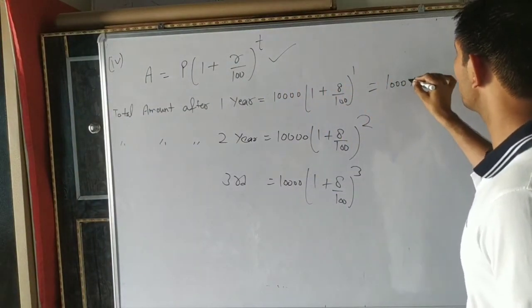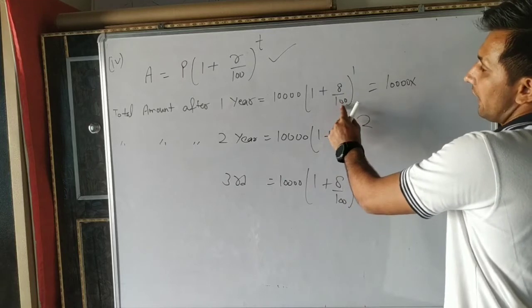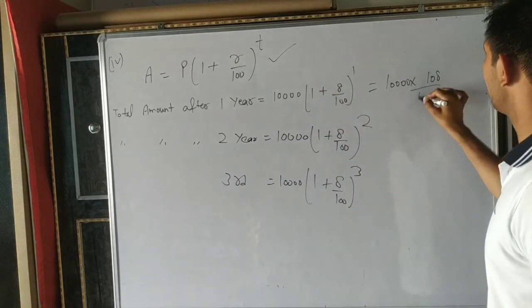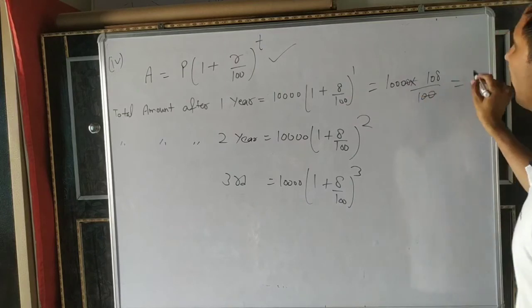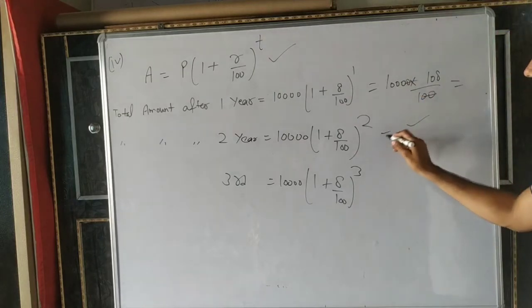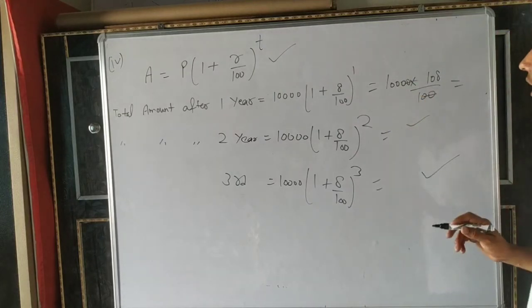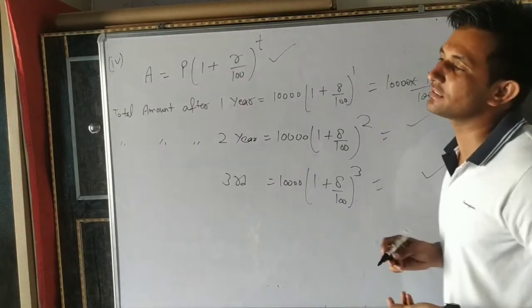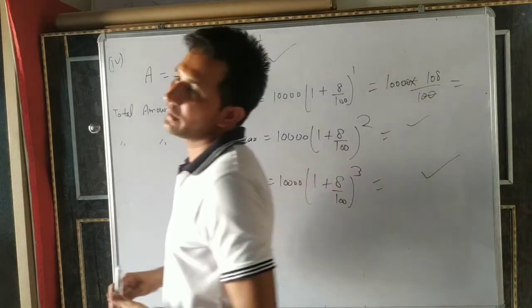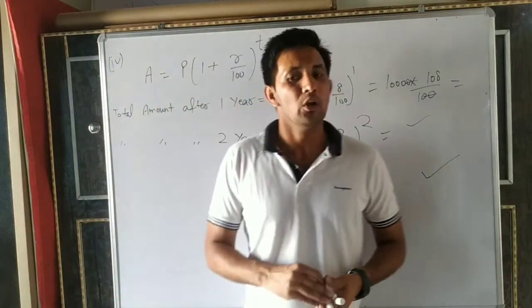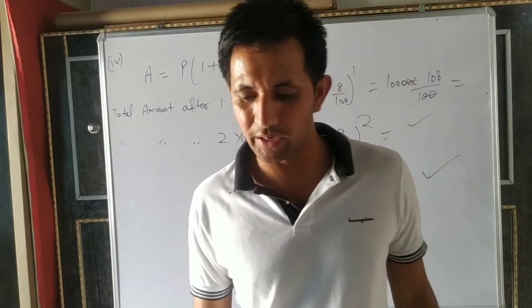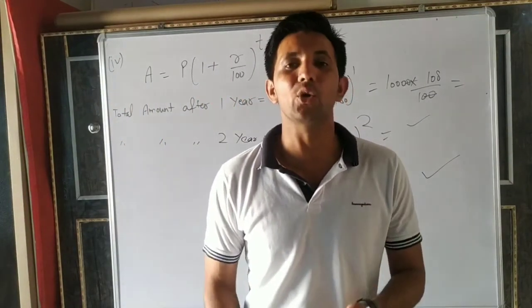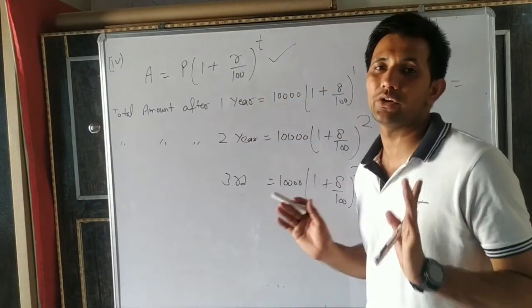We will solve it like this, dear, okay? 10,000 into 100 plus 8, 108 divided by 100. We will multiply it, same as it is. Here we will find a value and here we will find a value, and we will check their differences, okay? If the differences are the same, it becomes an AP, otherwise not an AP. So the first exercise we have already finished, and everyone try examples 1 and 2 in your notebook.